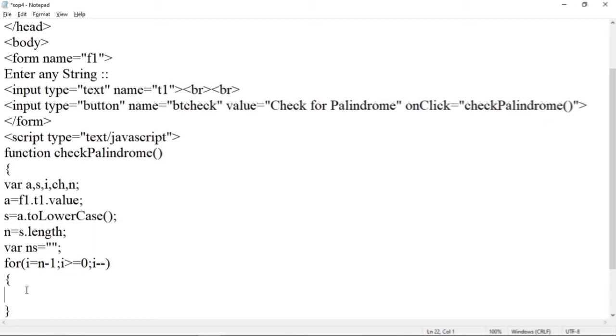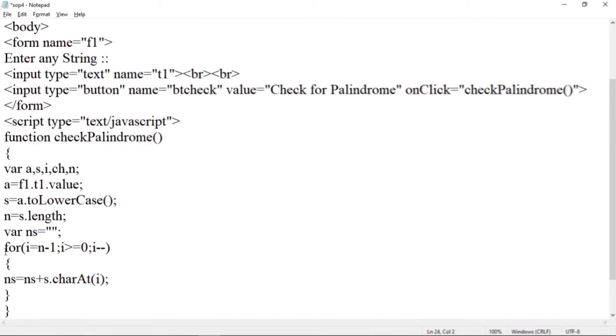So here we have to update our new string every time the loop is iterated. So ns is equal to ns plus s dot charAt of the value we get at the ith index. First of all ns contains an empty string, plus the character at the third position, that is the character d, which will be stored in ns.